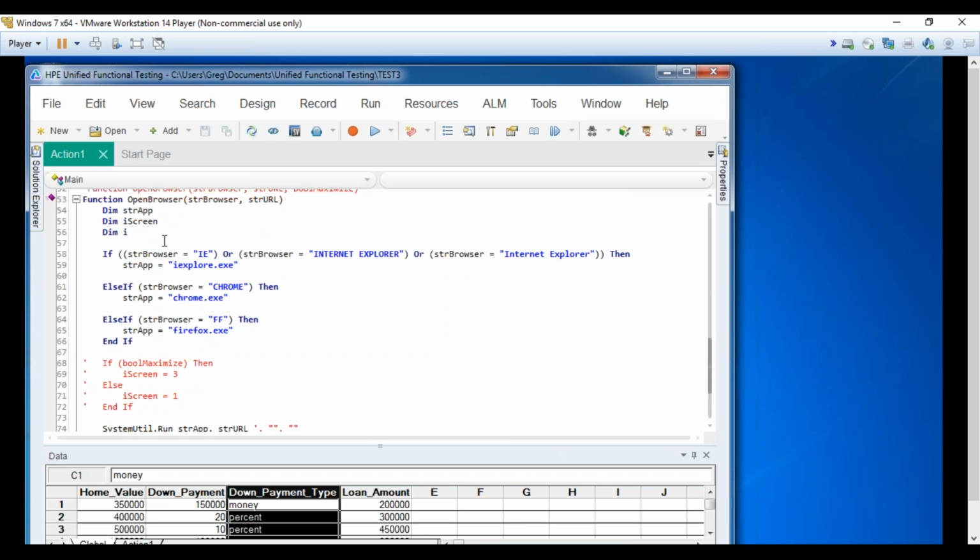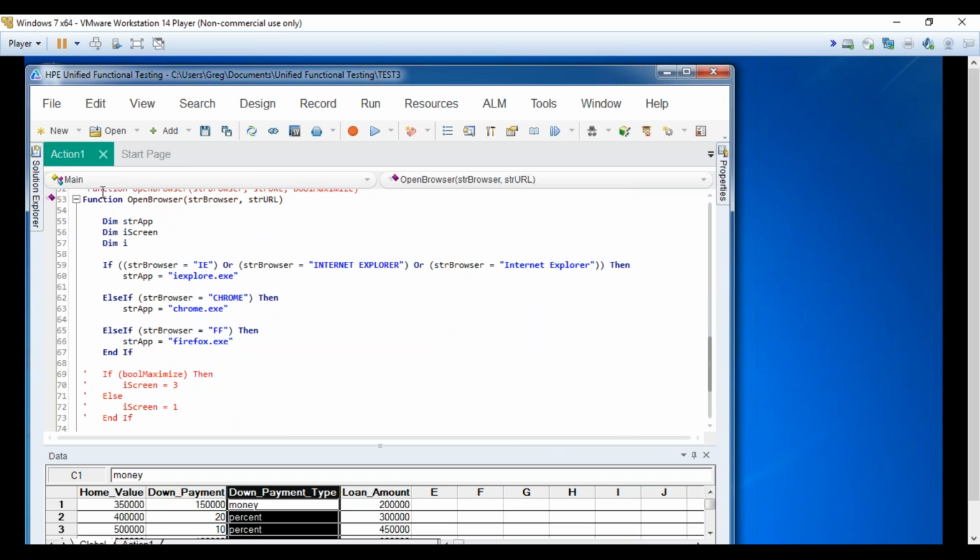The format for the if statement is: if, then anything within the parentheses. So if this is true, so if the browser equals IE, if the browser,